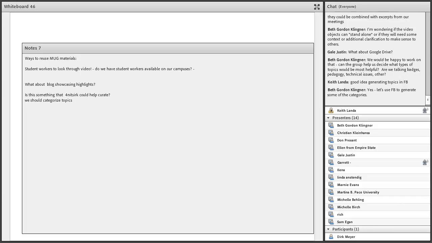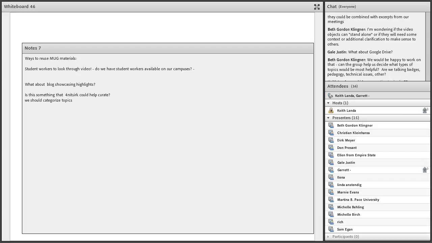I remember this harkens back to our discussion about whether Facebook was a good place to have our discussions to begin with. And perhaps we're running into that problem now. If we're creating all of this good content, what's a good way to deliver it and share with others? So I guess that's just more things to talk about. As we create different types of material, where should it go? So any thoughts on that?